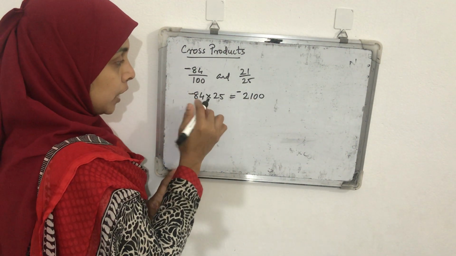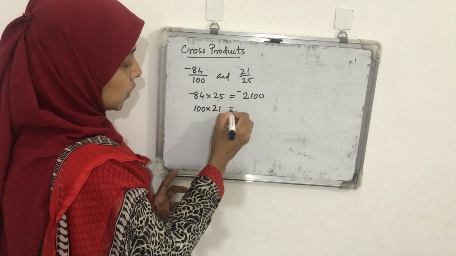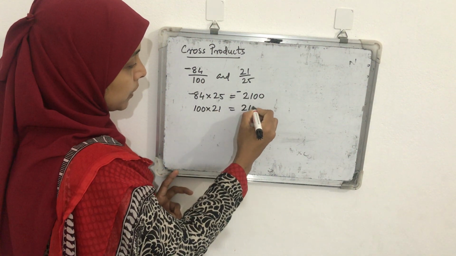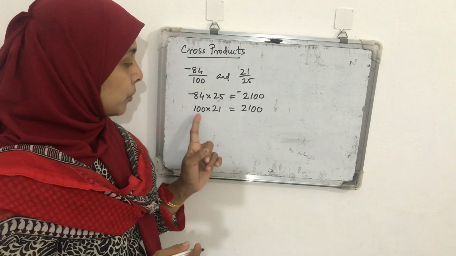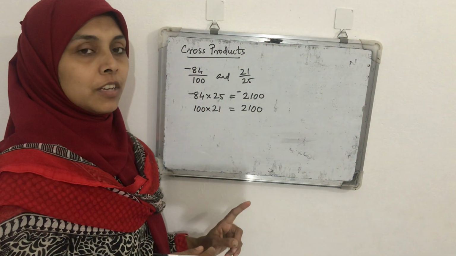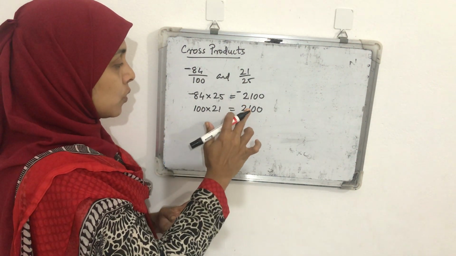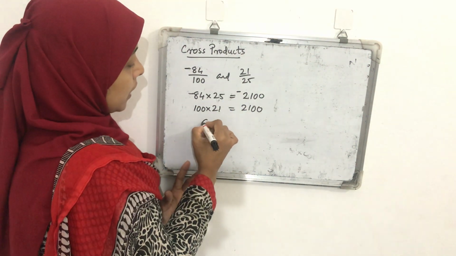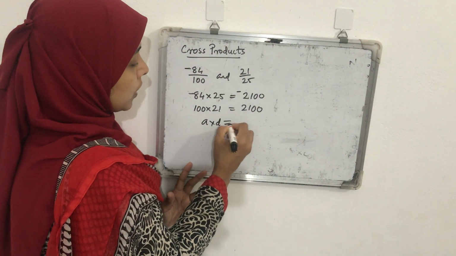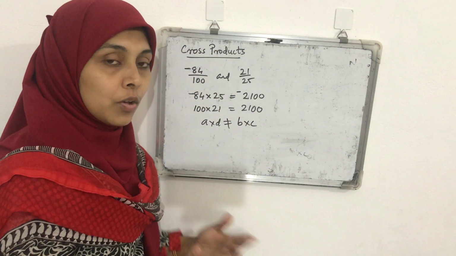And b into c will be 100 into 21. That also we can easily find out. It will be 2100, but its sign is positive because both numbers are positive here. Now is a into d equal to b into c? No. Here a into d is not equal to b into c. So they are not equivalent